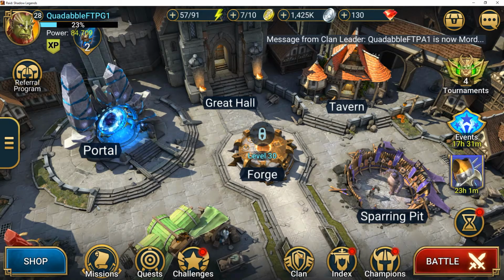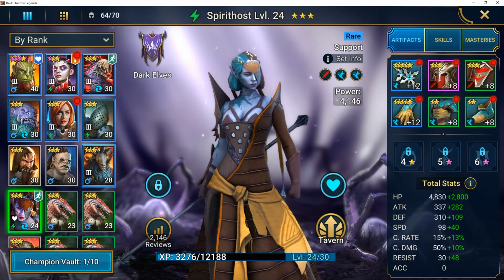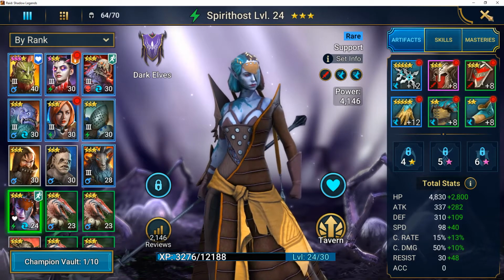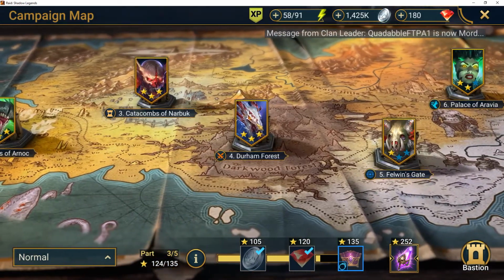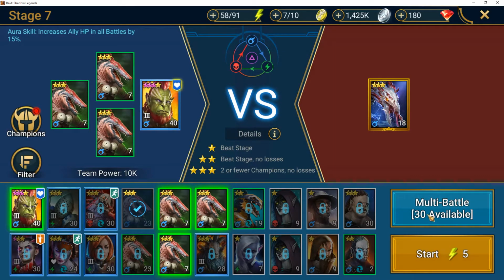What I want to go over today is one of my champions, Spirithost, and I talked about her being one of the few that I would use duplicates for. So in my third day, I was over here in the campaign. Hey, look at that! Collect. In Dwarven Forest on stage 7, I probably did all my multi-battles and any other way I could. I did all my attacking, and I farmed Spirithost. So I guess what I'm trying to say is she's worth sitting in Dwarven Forest for